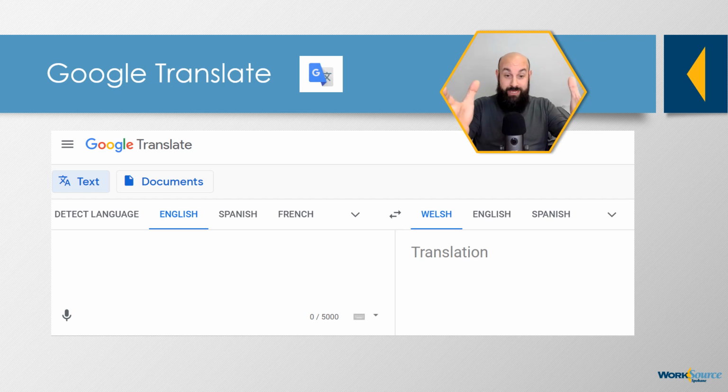Well, you can copy that text, paste it into Google Translate, and using detect language, Google Translate will automatically figure out what language it is and translate it to whatever else you want it to translate to. There are a lot of uses with this, and Google Translate works well with our next application,